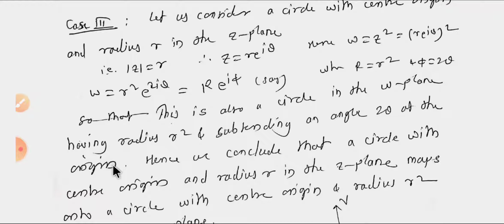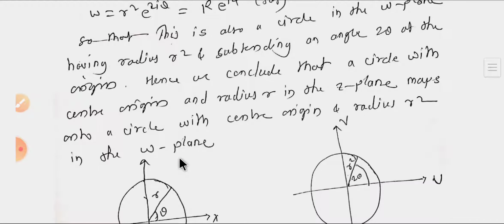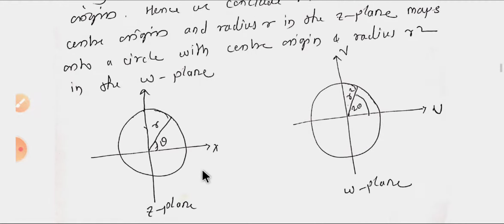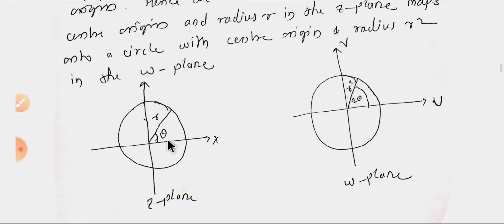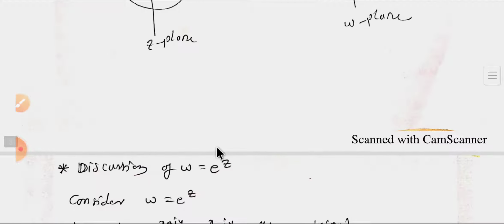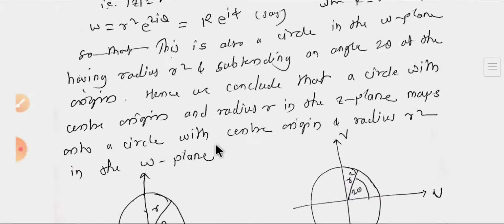Hence we conclude that a circle with center origin and radius r in the z plane maps onto a circle with center origin and radius r square in the w plane. So here this is the z plane, the center is the origin and subtending angle theta with radius r. In the w plane we get radius r square, subtending angle 2 theta. Hence the solution. For this one we solve one example here,